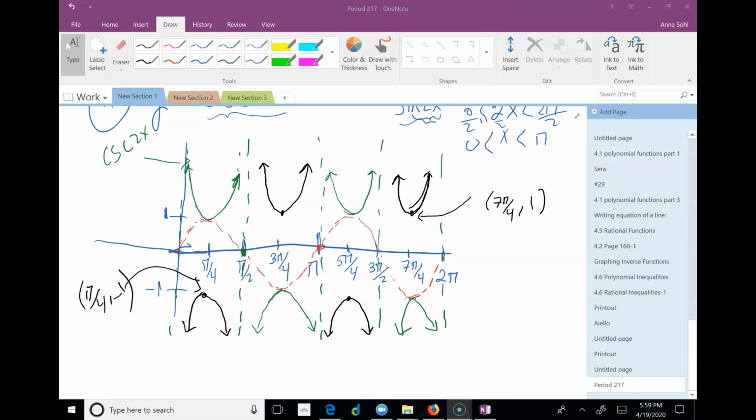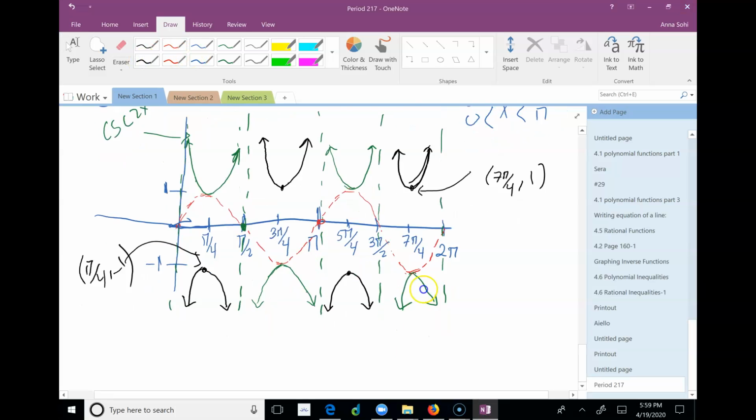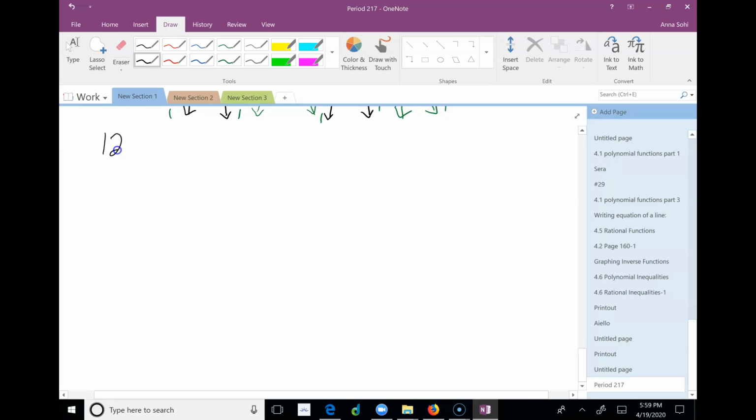Okay, number 12. Cosecant pi x. So you would put, again, think about this as 3 over sine pi x. And then knowing that sine is between,